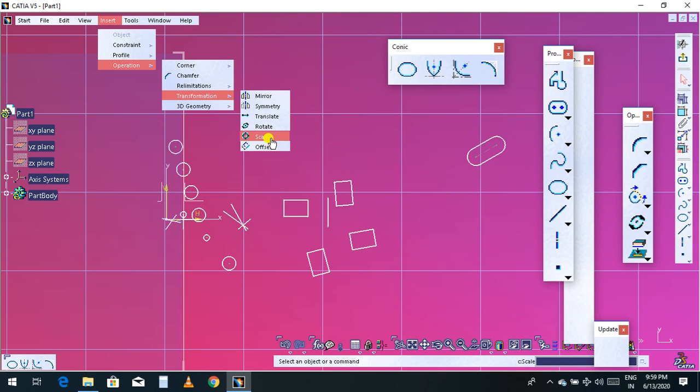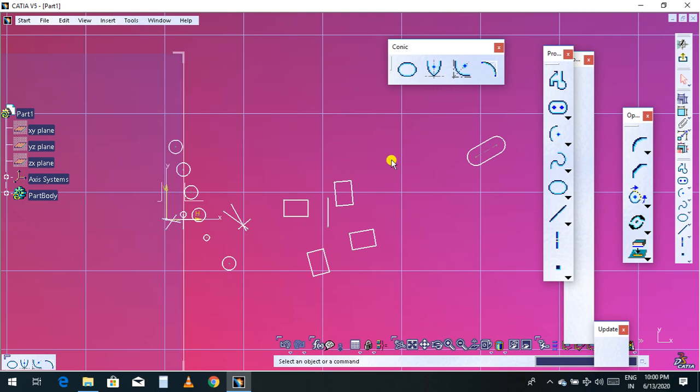So what is a scale? A scale is nothing else but reducing or increasing the size of a part or a sketch. You can give 1:1, which means equal to the initial sketch, and if you want to change, 1:2 means half, and 2:1 if you do, it will double the scale. So let's start the sketch.